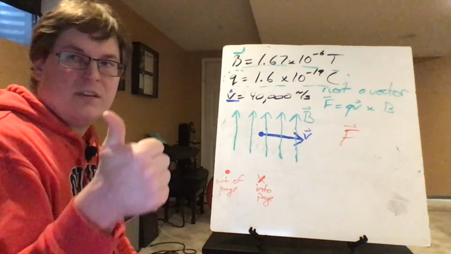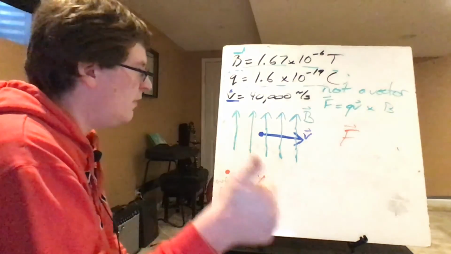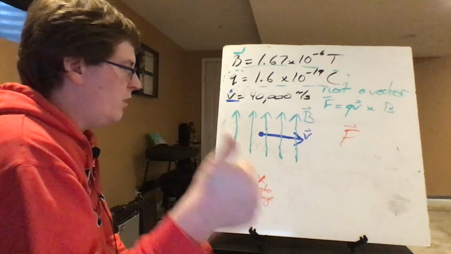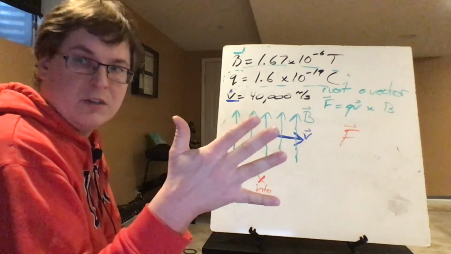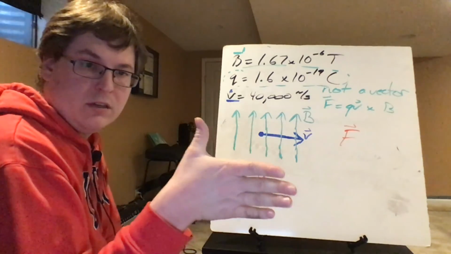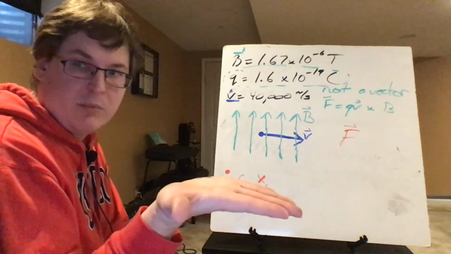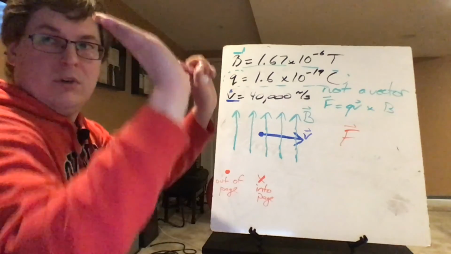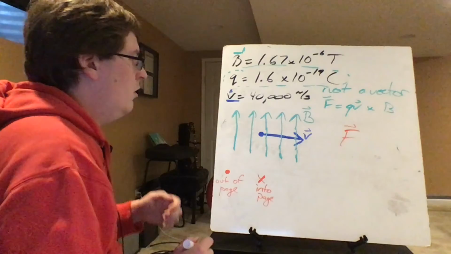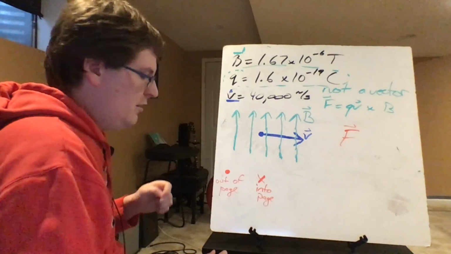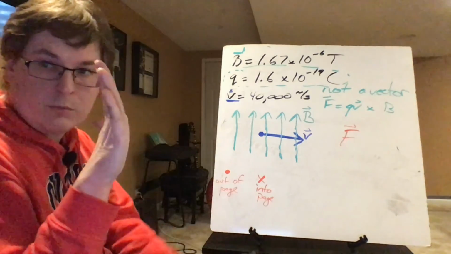So what we're always going to say, and you have to remember this, is that your thumb is going to be in the direction of the velocity of the particle, and your fingers are going to be in the direction of the magnetic field. And the direction your palm points, for example right now my palm is pointing up, okay, right now my palm is pointing down. All right, so thumb always velocity, fingers always magnetic field,